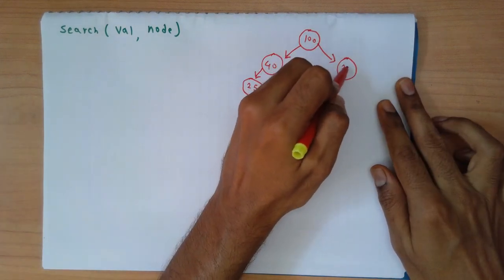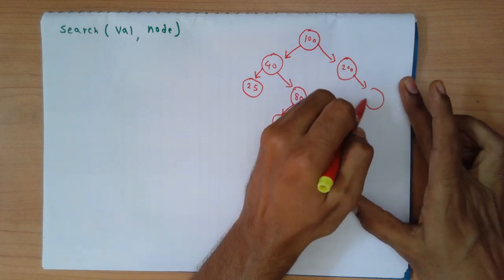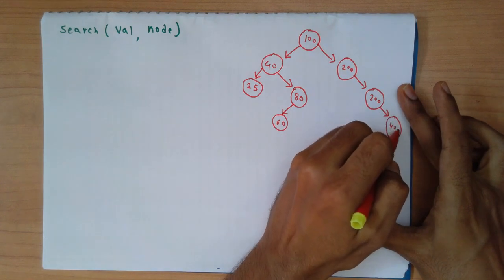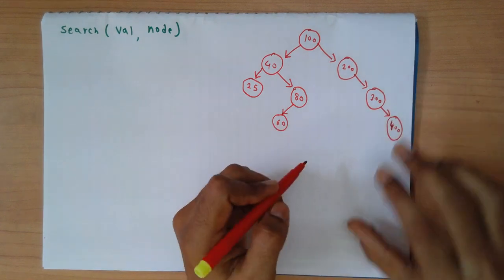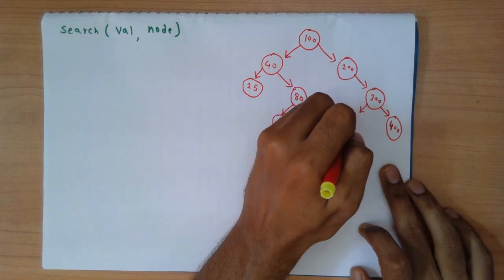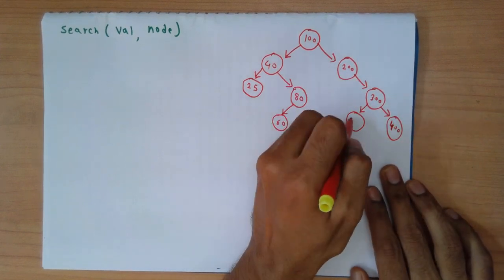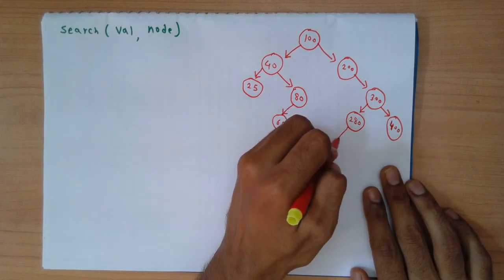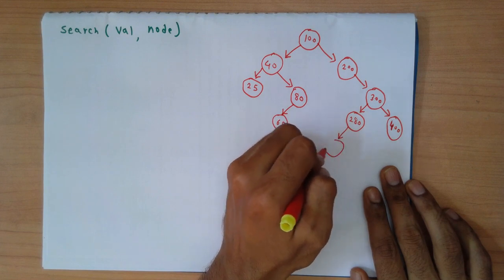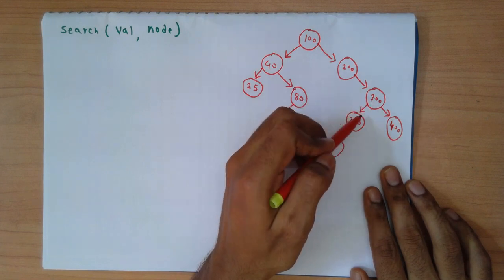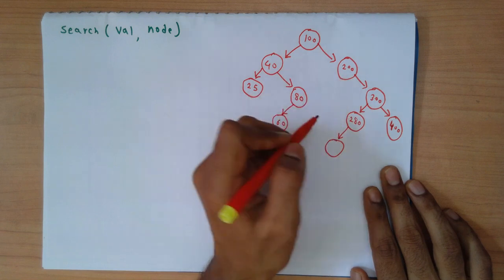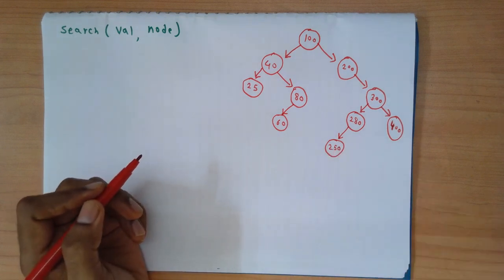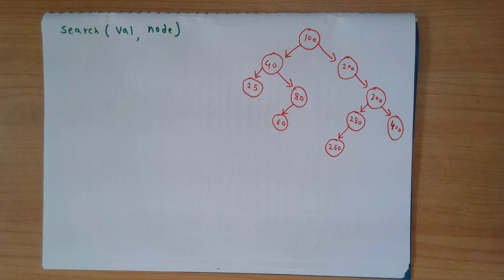Let's put 25. And let's insert a few values to the right of 100. I'll put 200, then 300 and 400 here, and I also put something less than 300 but greater than 200, say 280, and something less than 280 as well. It should be less than 300 and less than 280 but greater than 200. So let's put 250 here. Let's say that's the binary search tree that I have constructed.